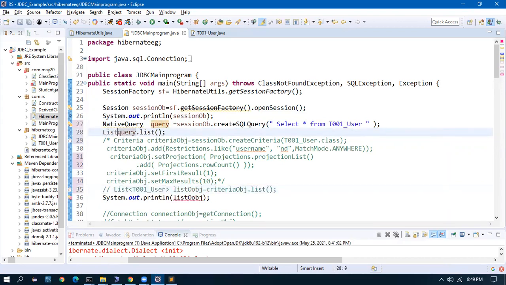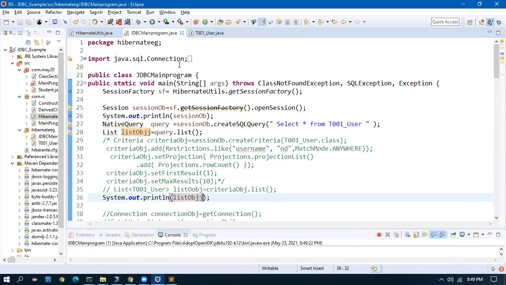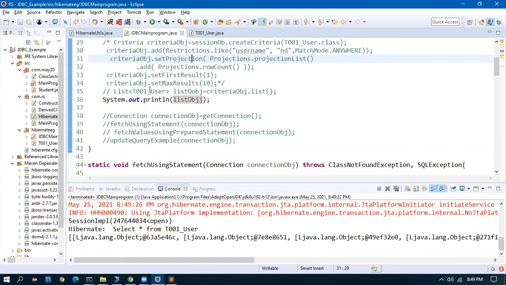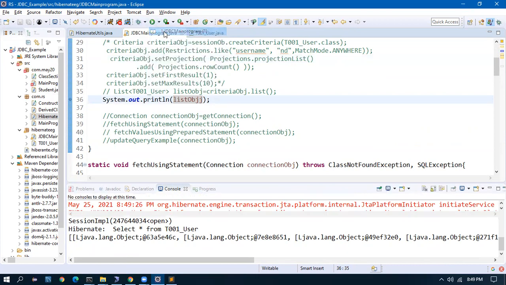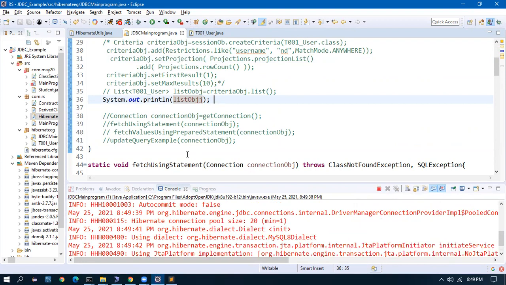I can assign it to a list, obj equal to query dot list. Let me see. So here it is, we got the result. If I want to print the result, it cannot be cast to a T001 because we are writing a manual query.